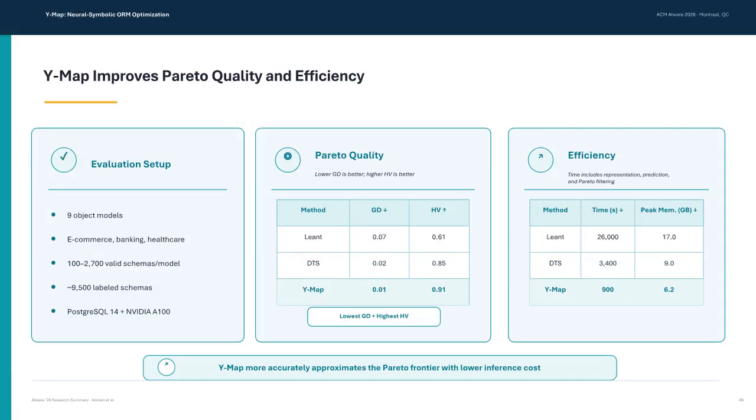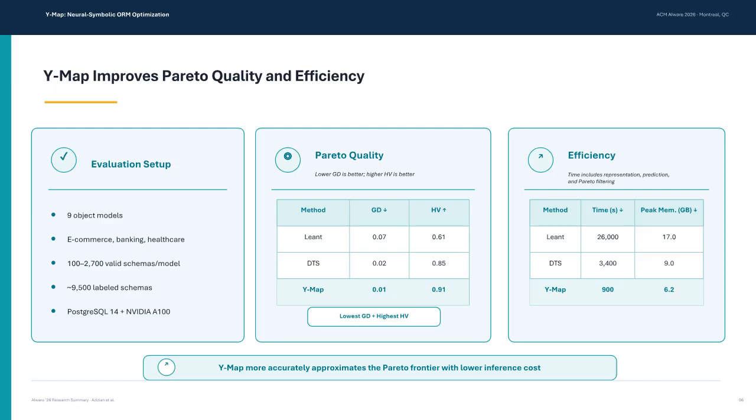This slide summarizes the evaluation. We evaluated YMAP on 9 object models from e-commerce, banking, and healthcare, with 100 to 2,700 valid schemas per model and about 9,500 labeled schemas. For Pareto quality, YMAP achieved the lowest generational distance, 0.01, and the highest hypervolume, 0.91. This means its predicted Pareto set is closer to the ground truth frontier and covers better trade-off regions than Lent